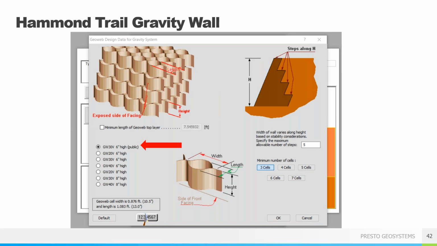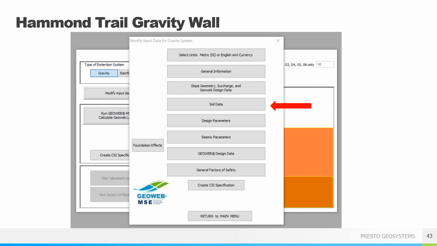Here's the section that allows you to choose the size and the depth of the panel. Remember, it comes in 6-inch and 8-inch high wall panels. Like I said, our 20, our 30V, which is our normal 10.5, and also our 40V. 20V, I wouldn't recommend looking at that. It's a lot of plastic, and geogrid is only a fascia, so you can pretty much stay away from that. Here, you're going to check the number of cells. I would recommend always checking 3, because once you run it, if it doesn't work with 3 cells, it'll automatically print out and give you, say, a 4-cell or a 5-cell wall option.